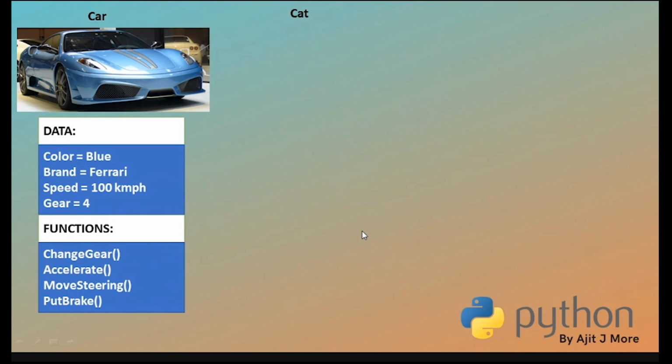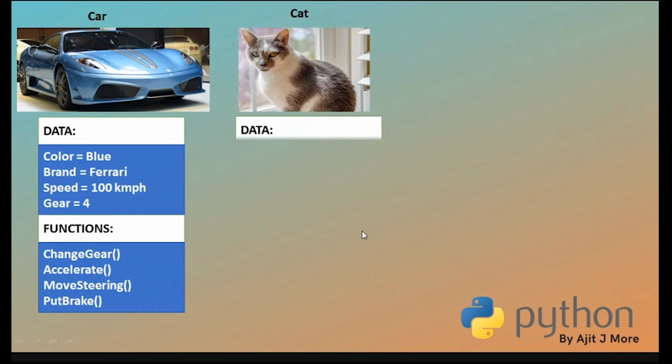One more to take, like I have taken from animal category, that is cat. Okay. Now, is the cat also going to have some characteristic of its own? It's up to your observation again. If you're a veterinary doctor, you'll observe a lot. Okay. You're just a common person, so your observation will be different. Is the abstraction level going to change? Like I'm just a common man. So I'm not knowing many more details about that cat. But if I'm a veterinary doctor, the internals of that cat are completely known to that person. Okay. So depending on that.